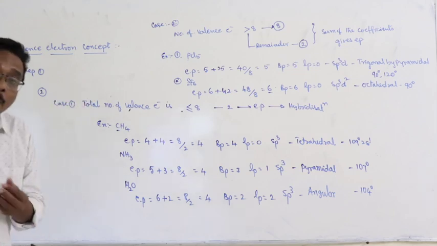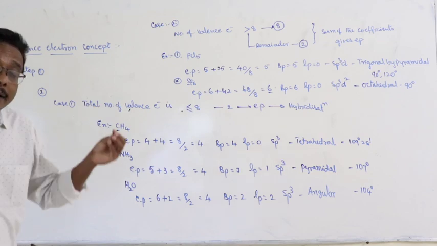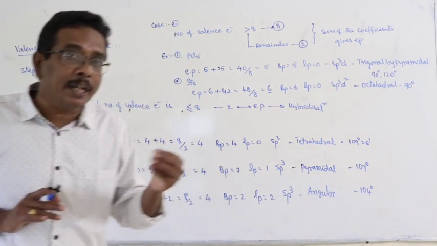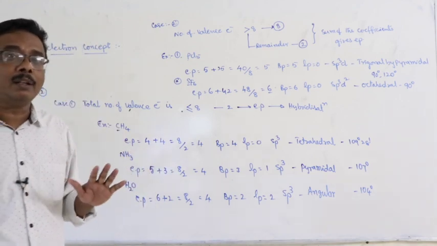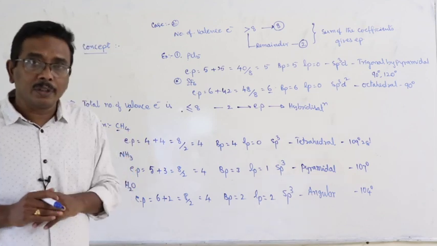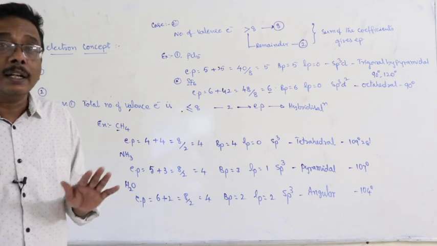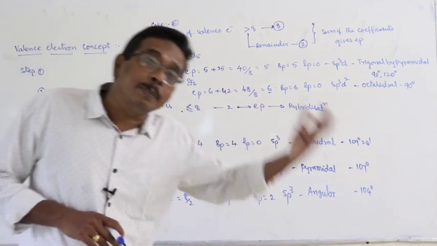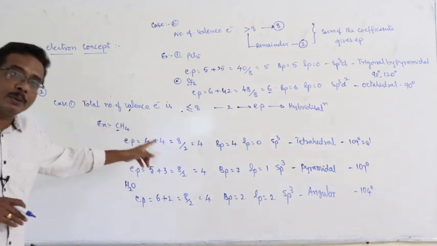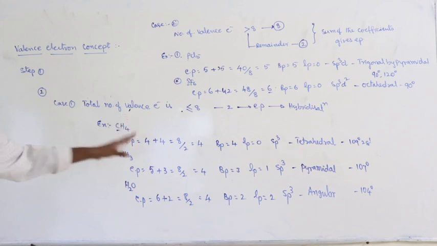And next one. What is the defect of the previous theory? Electron pair is equal to G plus M minus C plus A by 2. That formula is applicable for only molecules with one central atom. Second defect, it is not applicable for the calculation of the number of electron pairs in coordination compounds. But here it can be extended to the calculation of electron pairs in coordination complexes also.